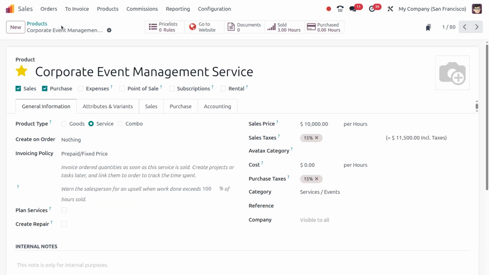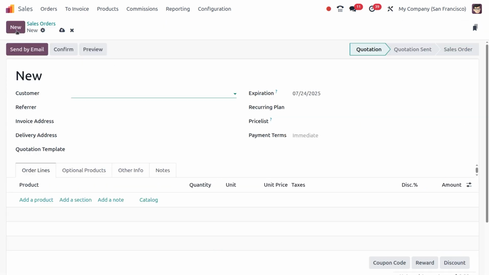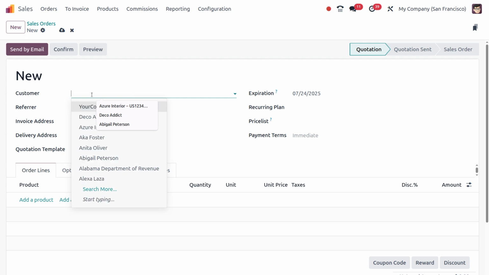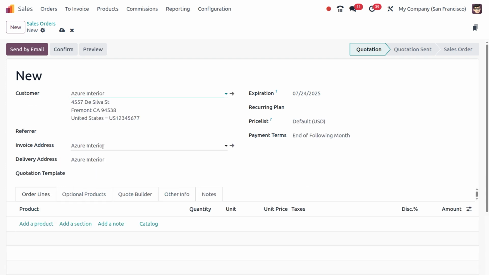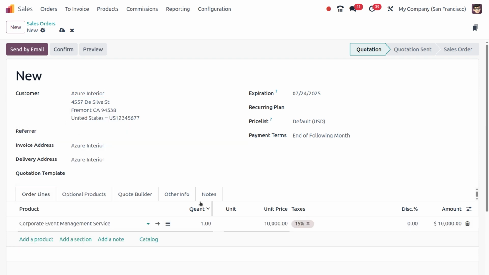and let's move back to the product side, and let's create a sale order. Okay. So let's move to the orders section, and there we need to create a quotation first. Let's consider our customer as Your Interior. Okay. Once you have done with that, let's specify our product, the Corporate Event Management Service, and there you